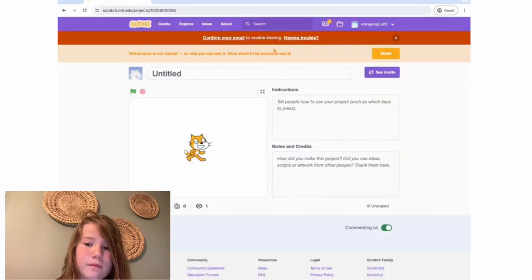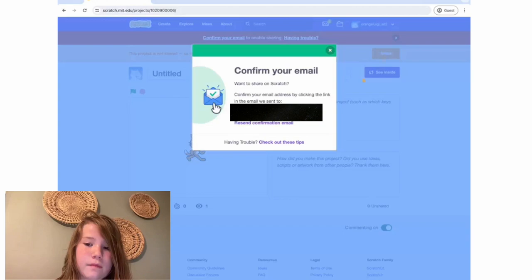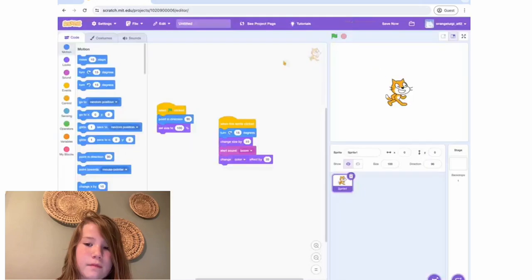You can also share your project, but you have to confirm your email first. So go to whatever email service you use and confirm it. And then you can click the share button to share your projects. So yeah,